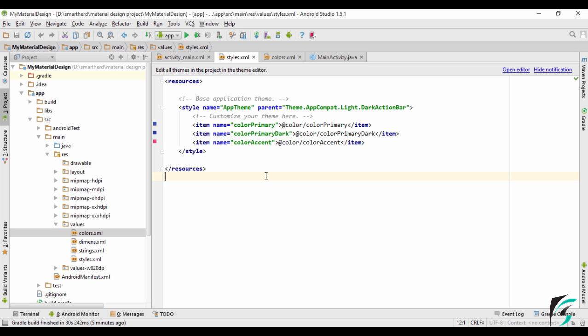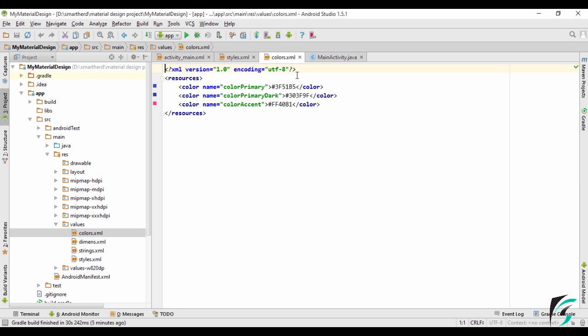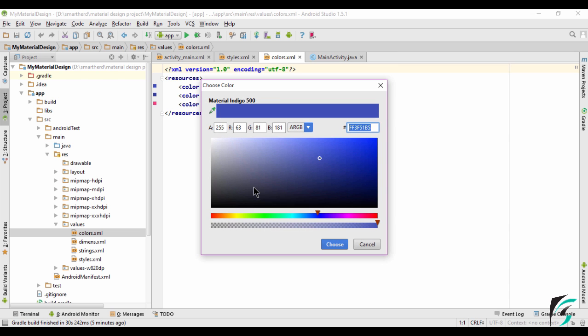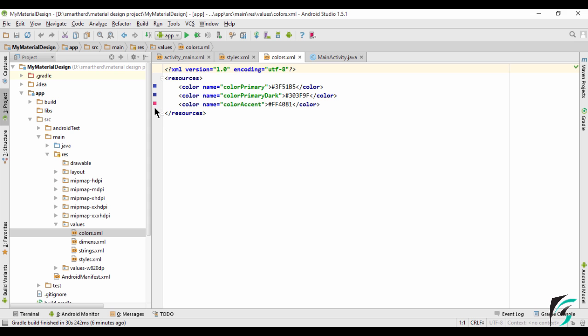There is a certain standard that is defined for the colorPrimary, colorPrimaryDark, and also for the accent color, which we will be learning in further videos. And according to that defined standard, we can change the color of different widgets and different parts of our application as per our wish. From the colors.xml file, we can click on this color icon and choose the color which we need to give to our application. Same with colorPrimaryDark and colorAccent, which, as I said, we will be learning about in further videos.